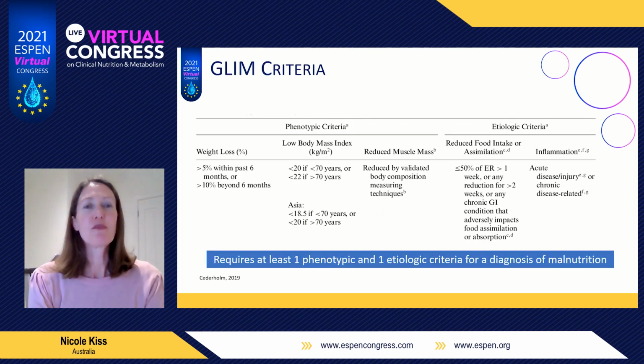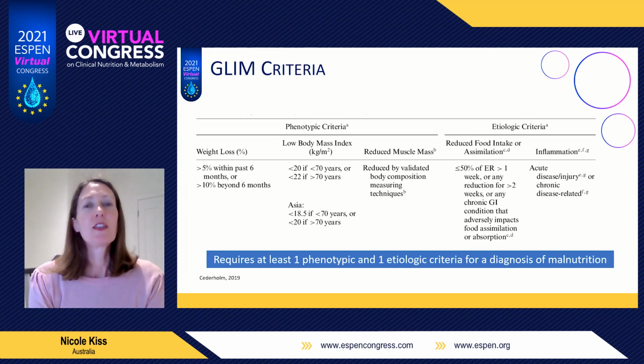The GLIM criteria have been proposed as the international consensus criteria for the diagnosis of malnutrition in clinical settings by multiple international nutrition societies. The GLIM criteria consist of 3 phenotypic criteria, including unintentional weight loss, low body mass index or reduced muscle mass, and 2 etiologic criteria, including reduced food intake or assimilation, or inflammation. In order for a diagnosis of malnutrition to be made, at least 1 phenotypic and 1 etiologic criteria need to